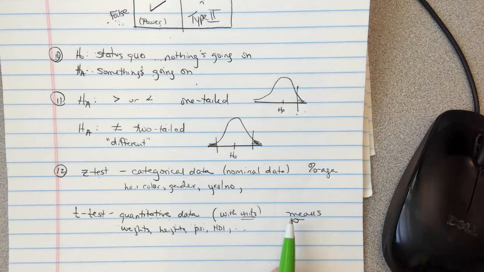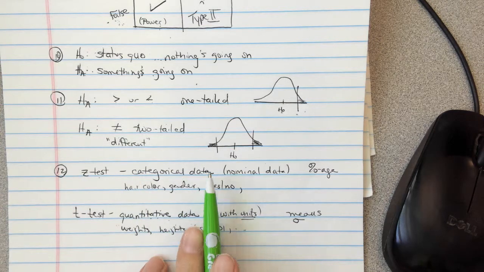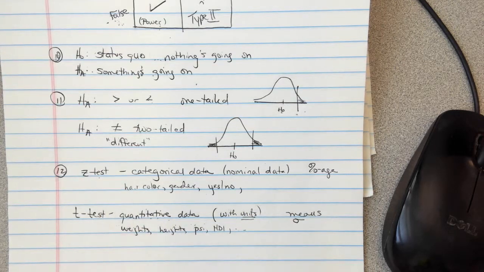And I hope that's helpful. But this is the key. When I teach hypothesis testing at the end of the year, and we've learned 9 different hypothesis tests, and my kids have to decide which one to use when, this is the defining difference. Do you have categories or do you have units? And that determines which test you use.